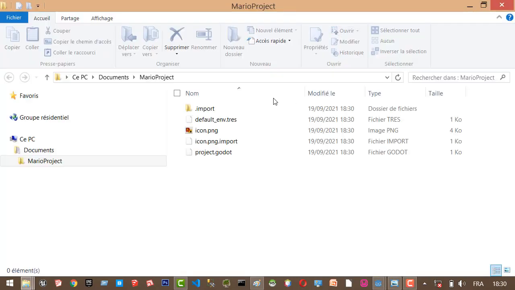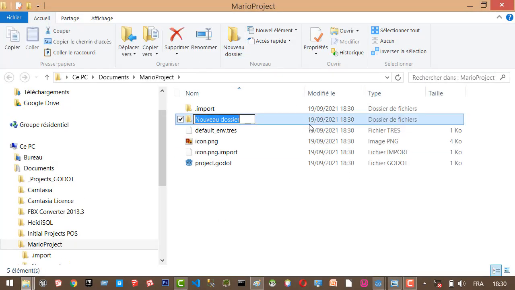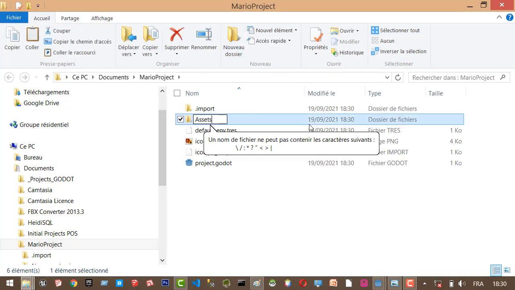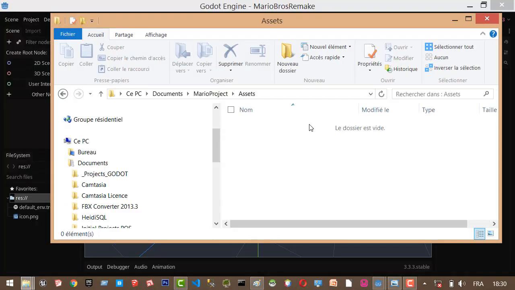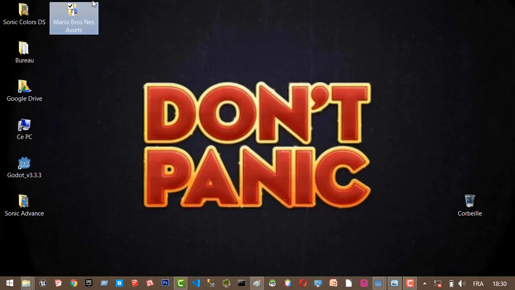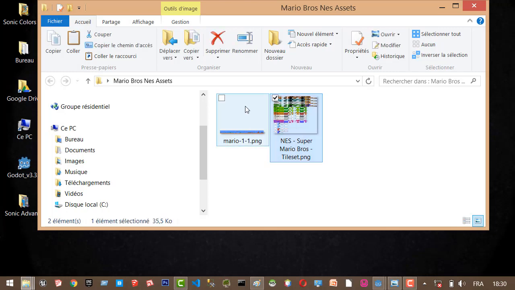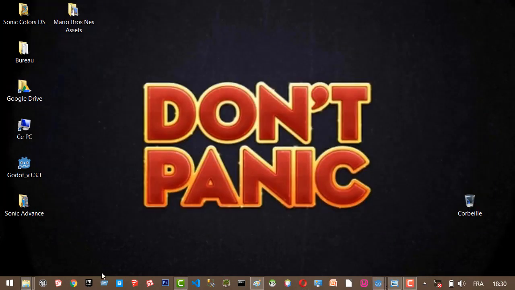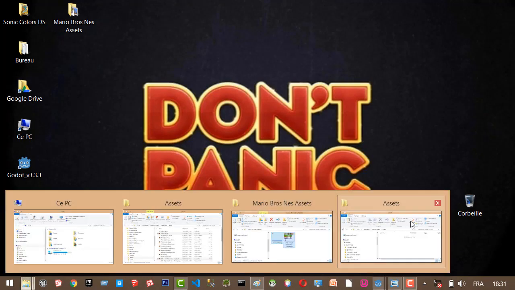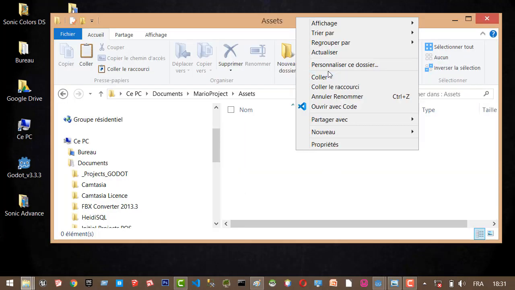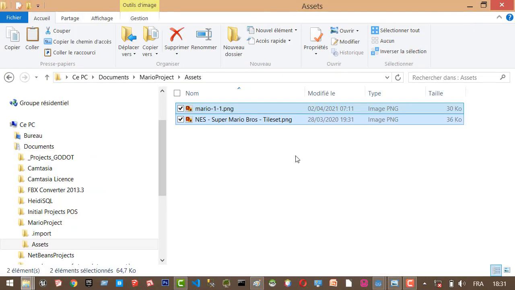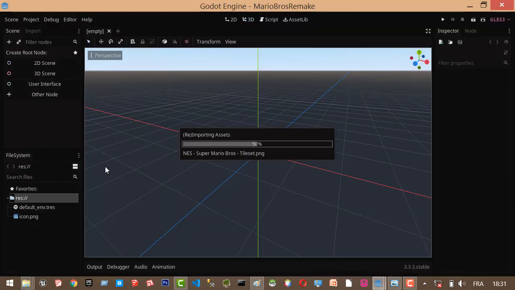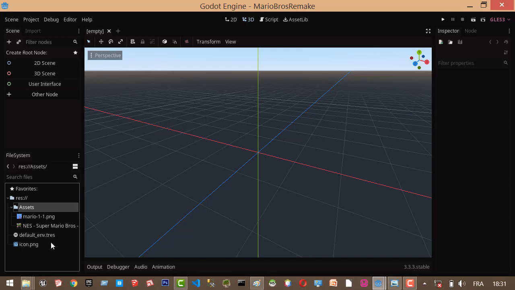and we open it in the file manager, then create a new folder which we call assets. Then we do a copy paste of the two files. That's it. Okay, assets paste. Then we go back to Godot. So in Godot, we see we do have the two files, and we're gonna start our first level with a